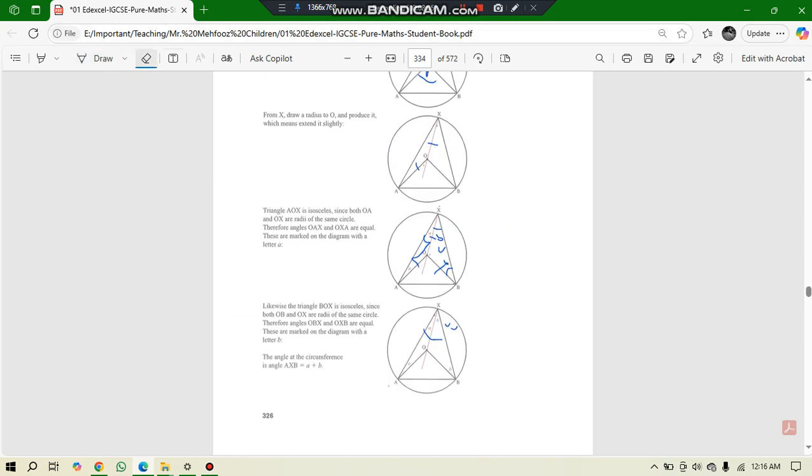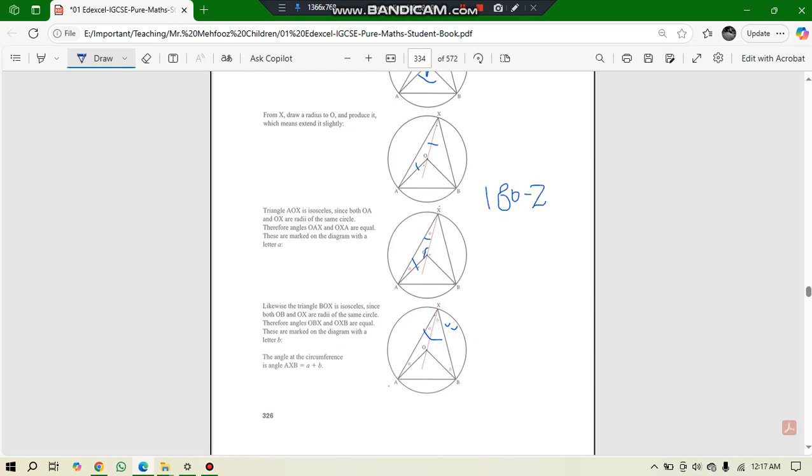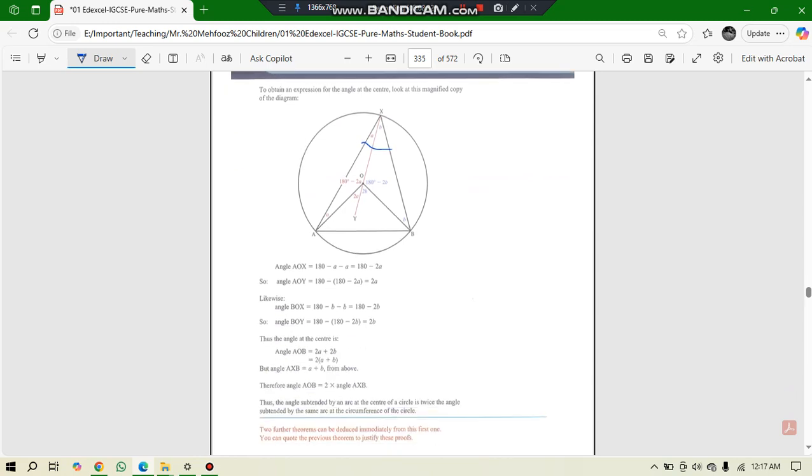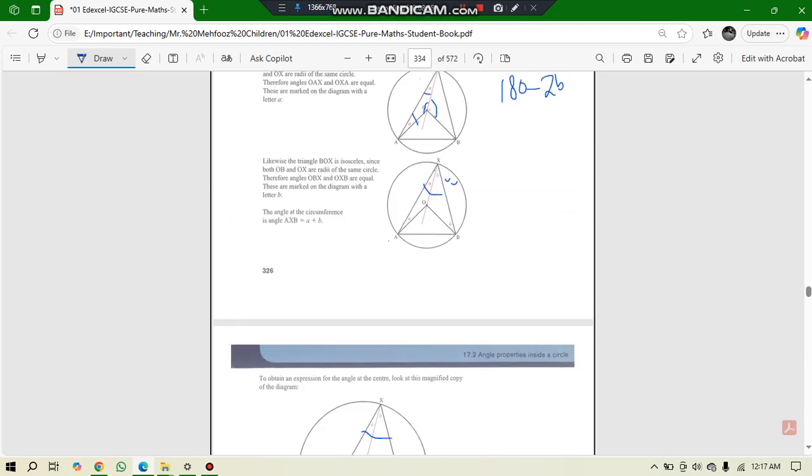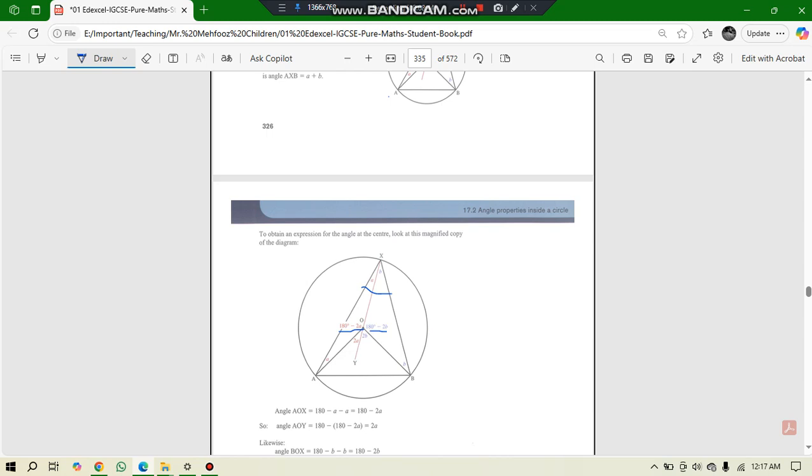Okay, now this one is AXB. After that, if you can see in this diagram, if these two angles are A and A, what is that angle? That angle will be 180 minus 2A, right? Again, that angle will be 180 minus 2B. Any problem? Okay, so we write it as 180 minus 2A, 180 minus 2B. So the sum of all angles at a single point is 360. It means that